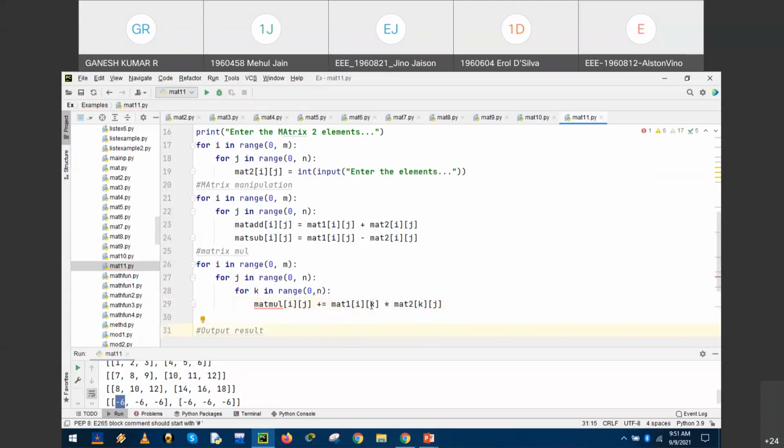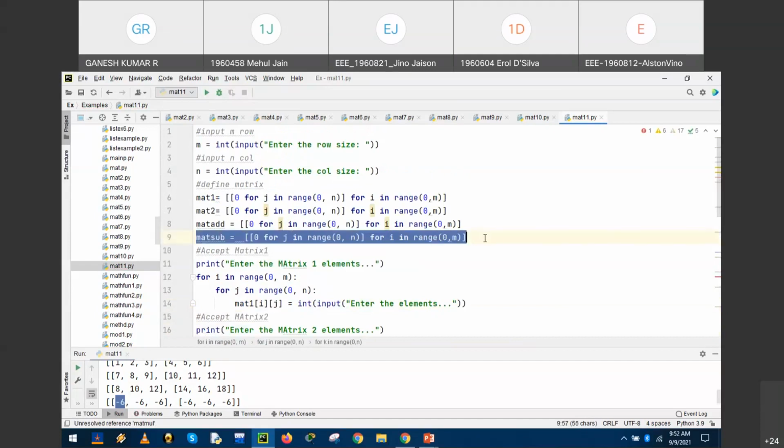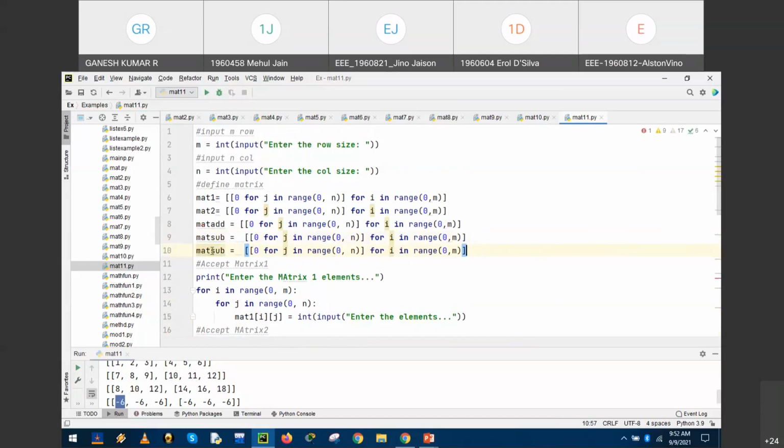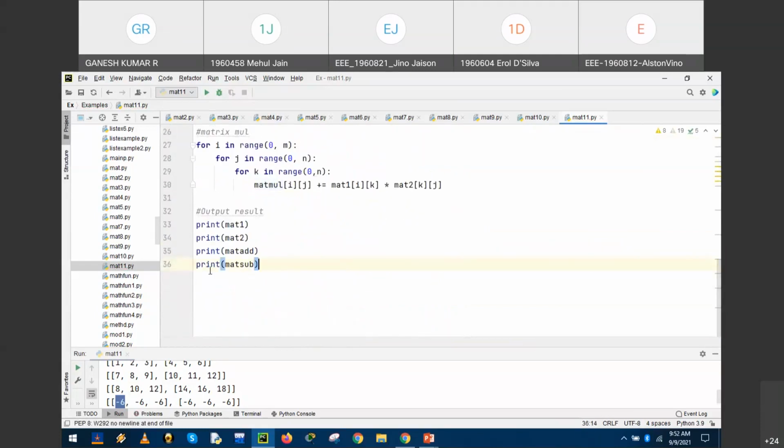So i, k and k, j, matrix mul. So we need to define the matrix multiplication here, since it is a new variable, and we define the function two-dimension array, right? And print matrix mul.